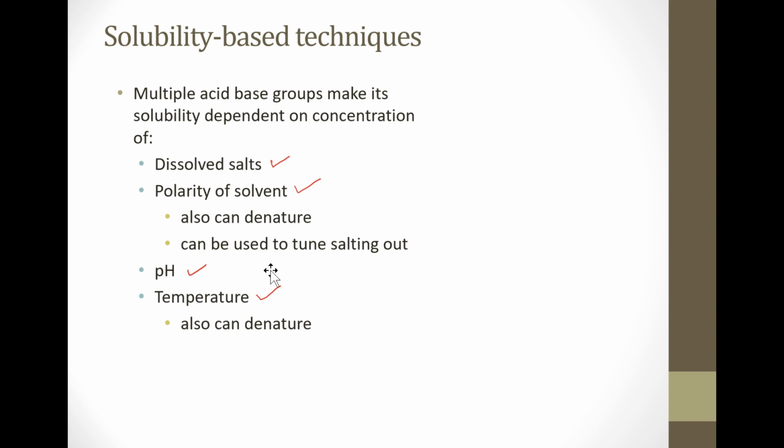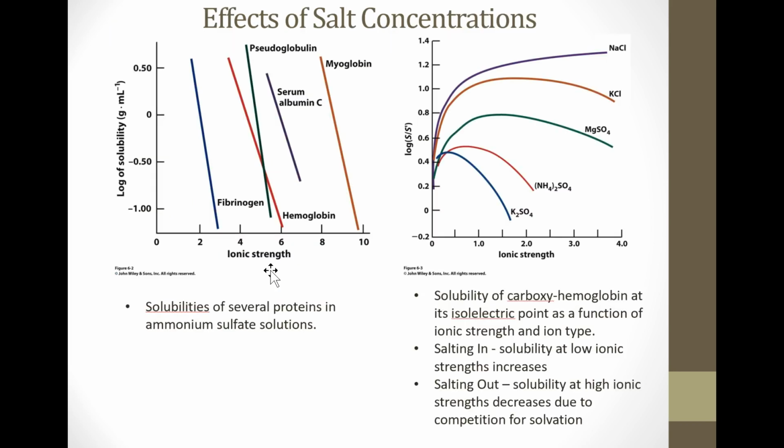So this is not something you guys need to memorize, but these are trends in the ways you see salts affecting the solubility of proteins. Different proteins are affected differentially by changing ionic strength. That's what we're seeing in this first slide, where you have ionic strength on the x-axis, and then you have the log adjustment of the solubility on the y-axis. And just by altering ionic strength, you can see that there's general trends with decreasing solubility as we increase ionic strength. However, there's a large